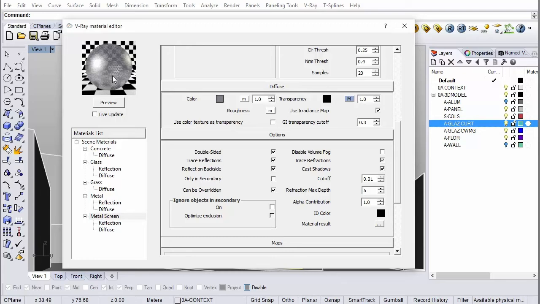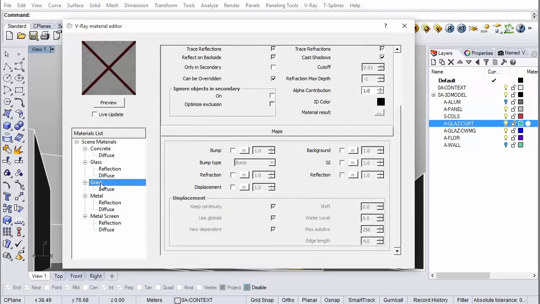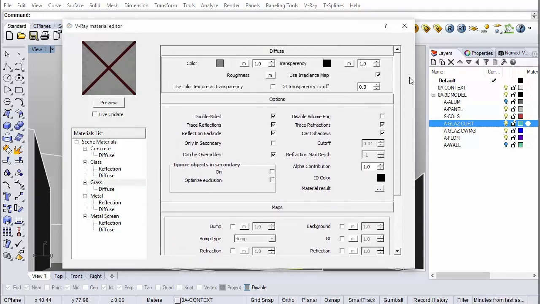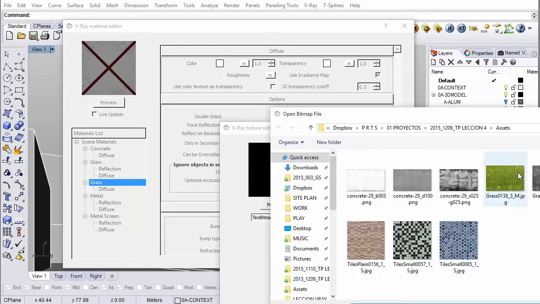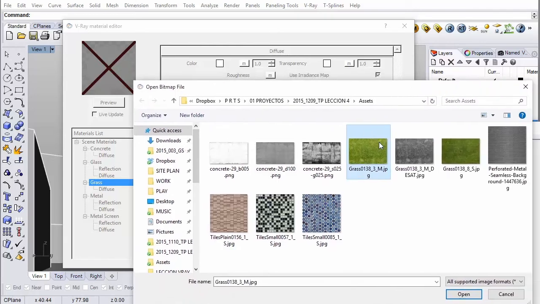Now, finally, we've got grass. This is again going to be a case of just adding a color map, like concrete. So we go bitmap, look at our assets, and we've got, again, a color and a bump for the grass.